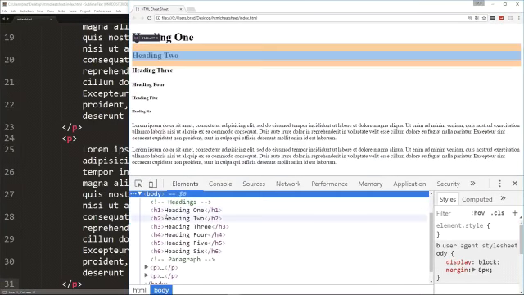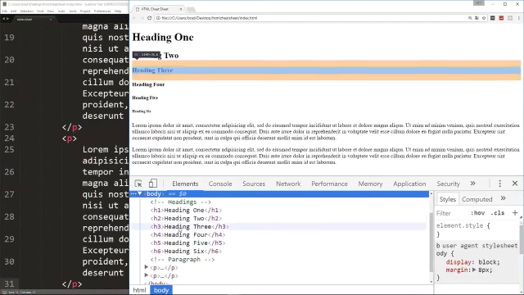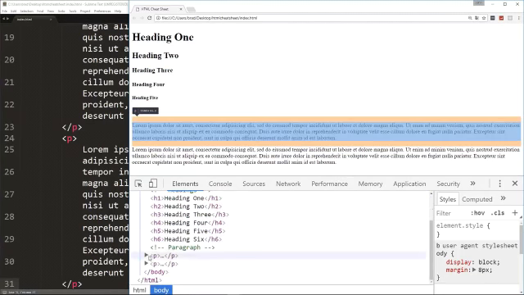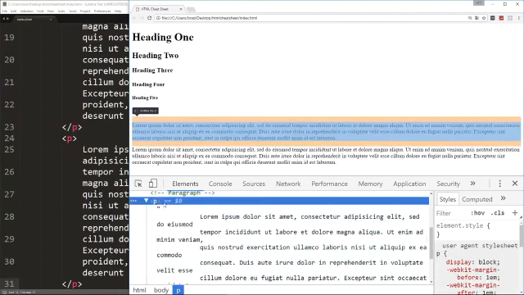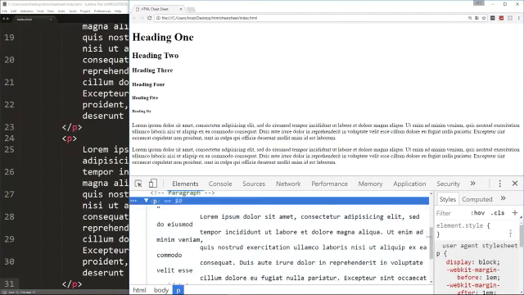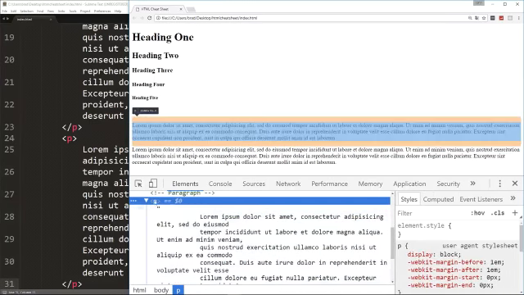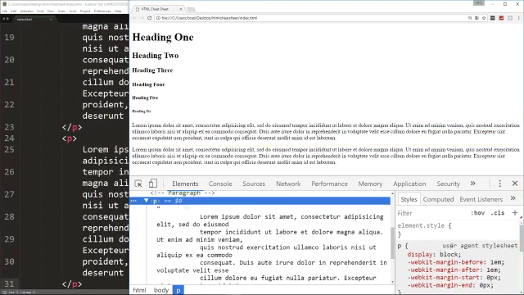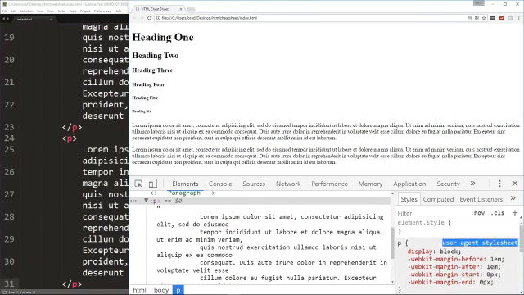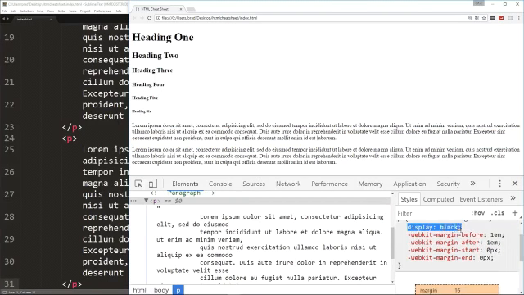and we look down in elements, now you can see we can hover over everything and it'll show us it up top. And if we look at the paragraph here, and I just click on it, over here you'll actually see any CSS or any styling that is associated with this particular paragraph or whatever tag we're hovering over. And when you see this user agent style sheet, this is the default browser styling. So you can see a paragraph is displayed as a block, so it's block level, and then it actually has